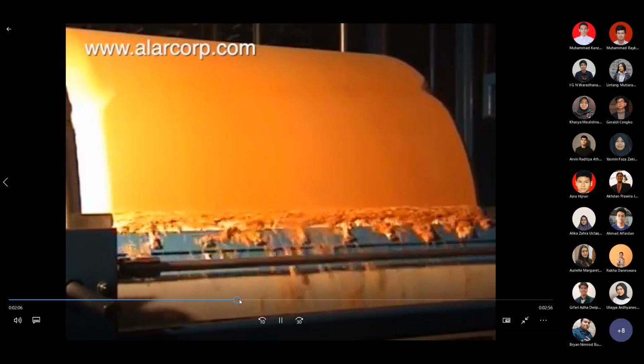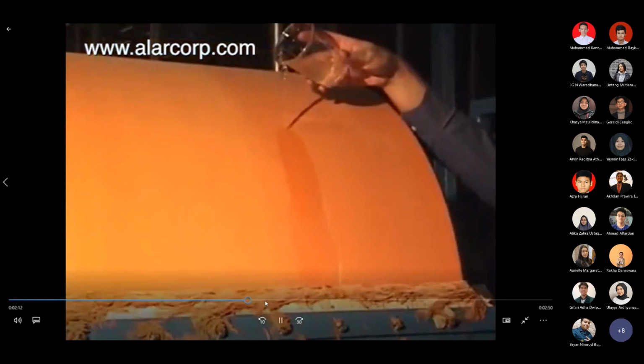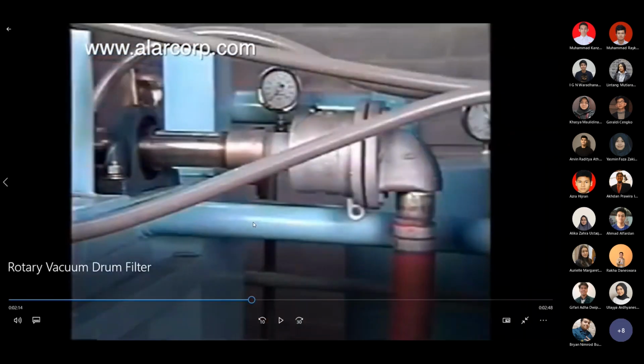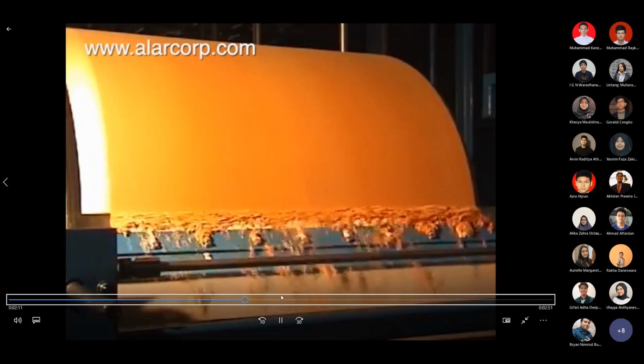The level controllers located within the pan maintain a constant liquid level, eliminating the need for operator attention. The vacuum draws the liquid through the filter. So if you imagine the below layer of this cake, all of them are actually filled with a filtration media, where water can pass through those outside layers of this media, while the solid will still be trapped at the outer part of the filtration. And then the filtrate will be accumulated from the middle of the filtration.